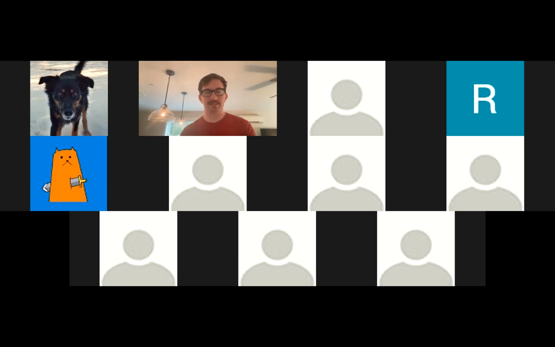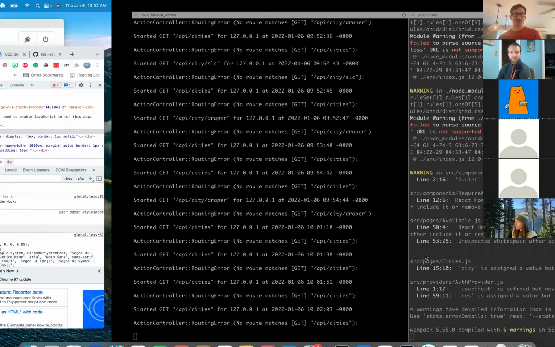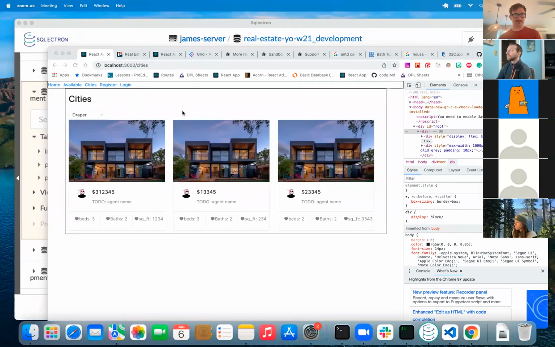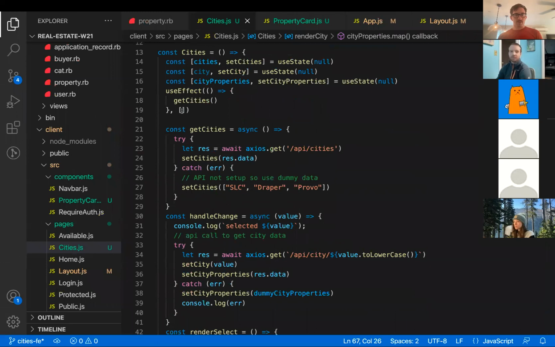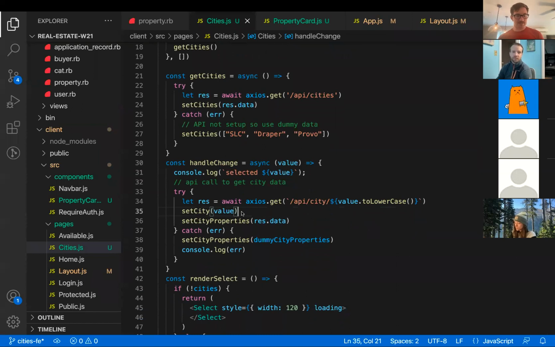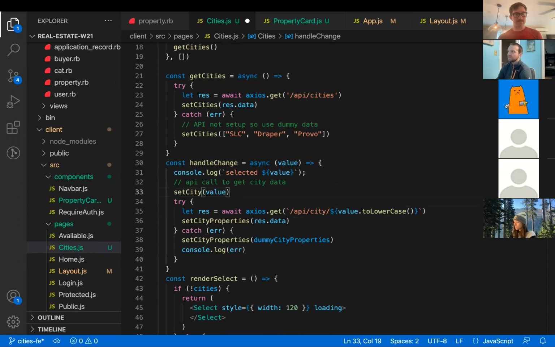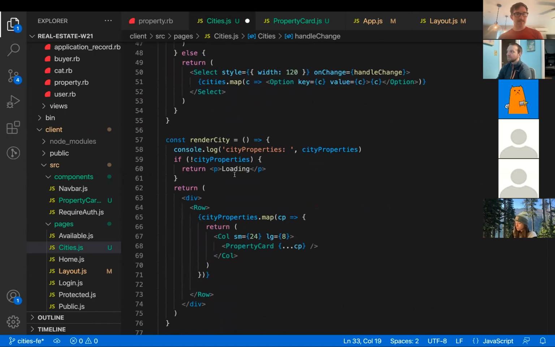Okay, let's go ahead and get started. So I did find the issue. What I was doing is I was actually setting city before this API call, this Axios call, and then I was using the city here. So then what was happening was,